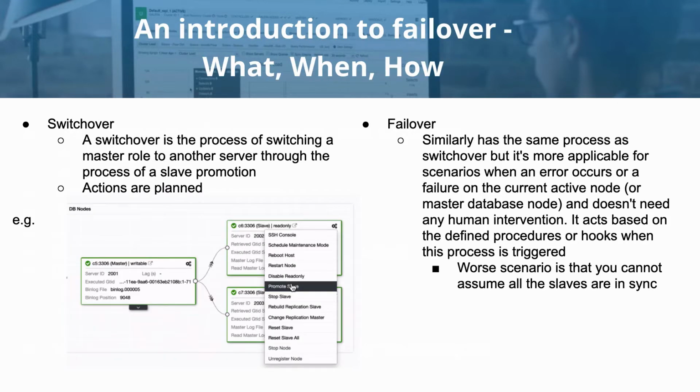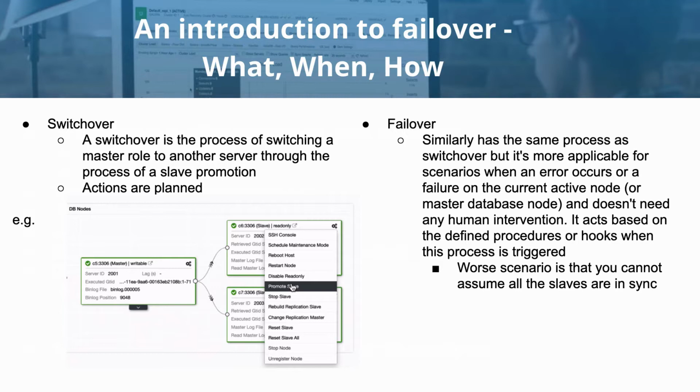So what is a failover? When to failover and how? First, what is a switchover? Switchover is the process of switching a master role to another server through the process of slave promotion. The actions are planned. A common example is promoting a slave to take over as the new master. A situation where you need to do that is when the current master has to undergo maintenance, like upgrading the software or hardware,